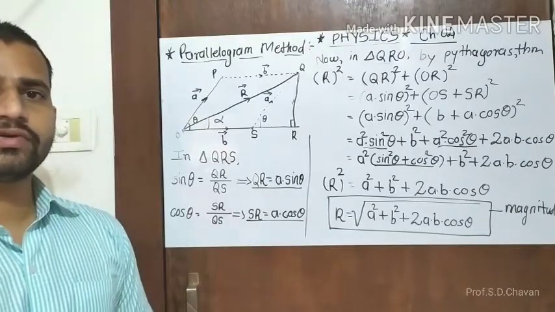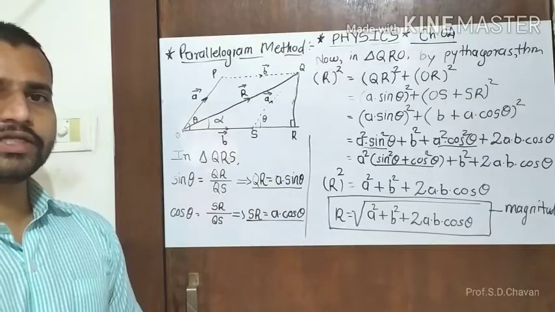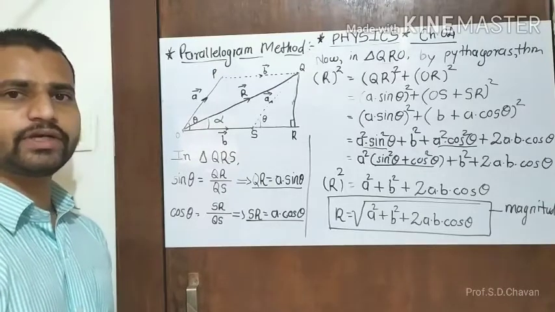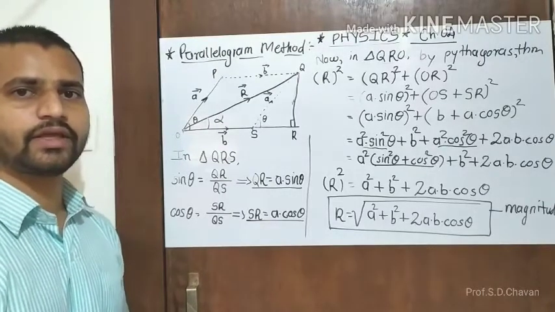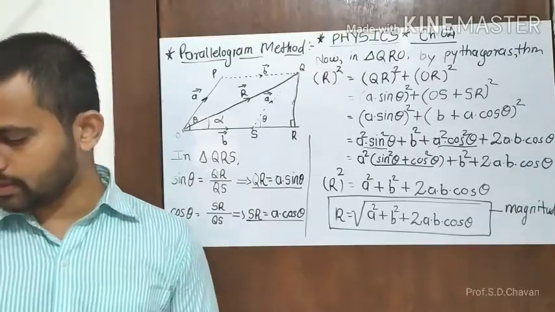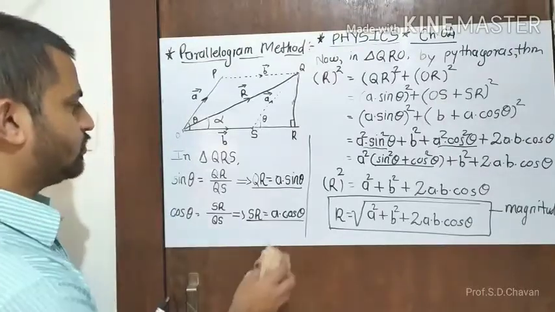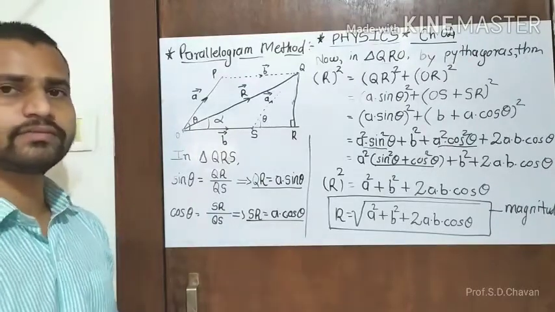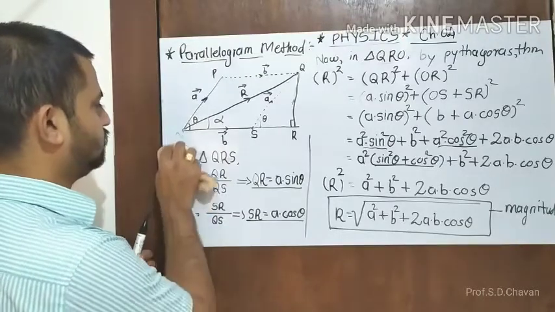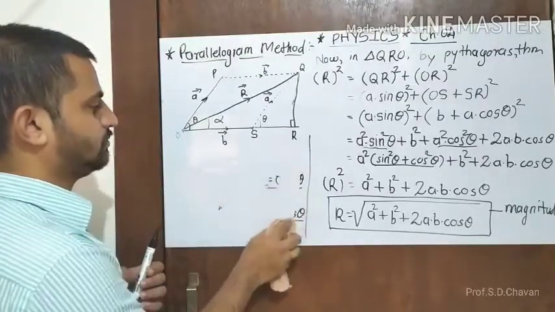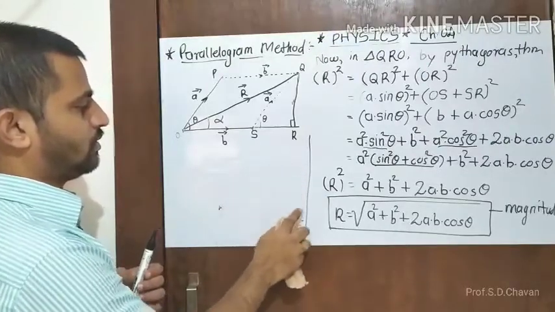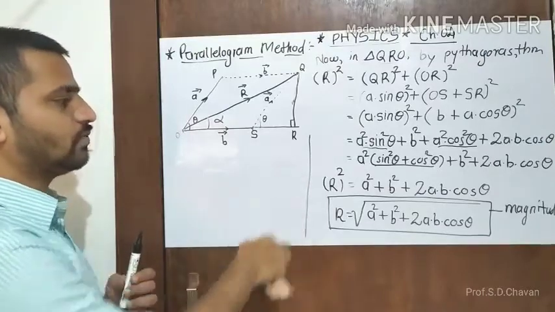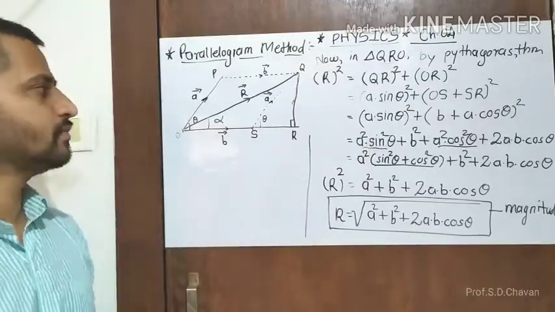We know the direction of the resultant vector: it is the tan of the angle made by the resultant with respect to any vector. Accordingly, we can find the resultant. Just before that, write down this formula. In this, the tan of the angle made by the resultant with the vector is given by